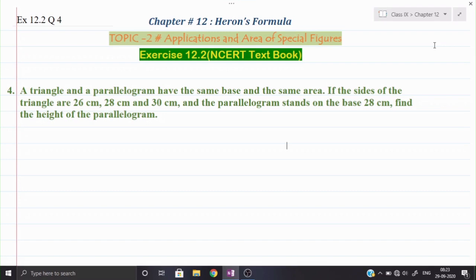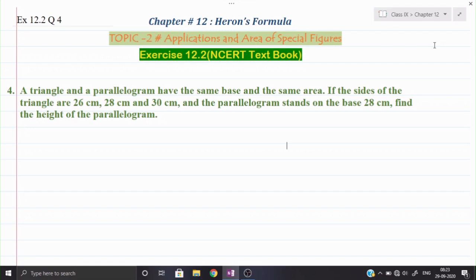In exercise 1, we have covered the actual questions of Heron's formula, where we found the area of triangles with the help of Heron's formula. Now in the second exercise, we shall see some applications of Heron's formula and the areas of special kinds of quadrilaterals. But we shall leave those questions where we directly find the area of a quadrilateral by Heron's formula. We shall find the area of special quadrilaterals, but without the help of Heron's formula. Wherever the area of a quadrilateral is required with the help of Heron's formula, such questions will be deleted from your syllabus.